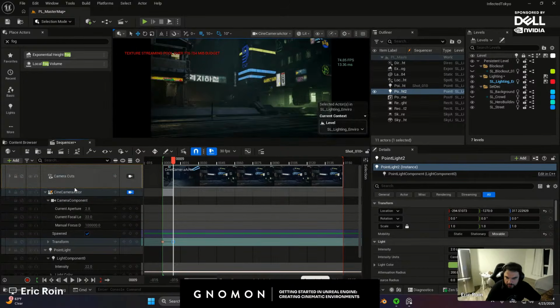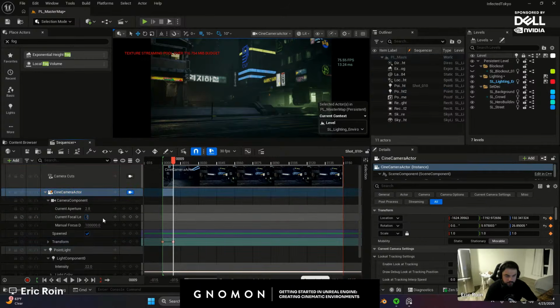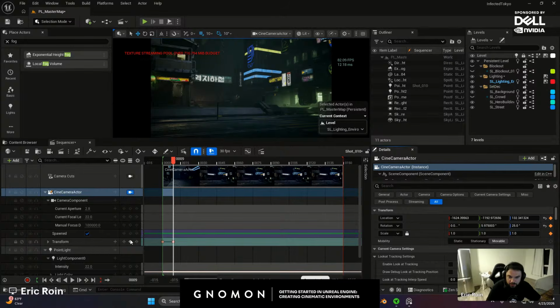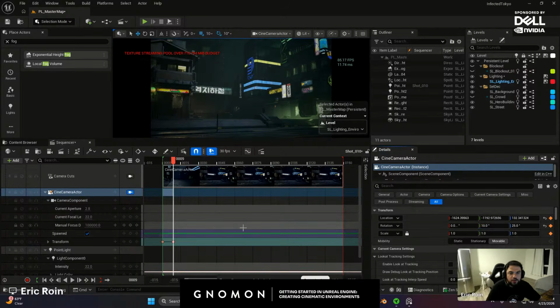So let's reframe our camera a little bit more. We can change the focal length to again maybe 20. Let's actually maybe rotate the camera a little bit. I do like how 22 looks for focal length. The lower that number is, the more of a warped effect you're going to have. And the higher the number is, the more flat your image is going to look. So let's just rotate it a little bit. Let's see. Maybe something like this, and we can key that, transform, and I think it's actually better if we slightly look up a little bit more, just for composition.